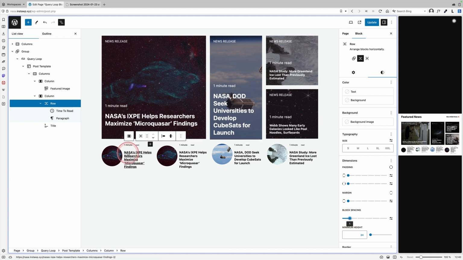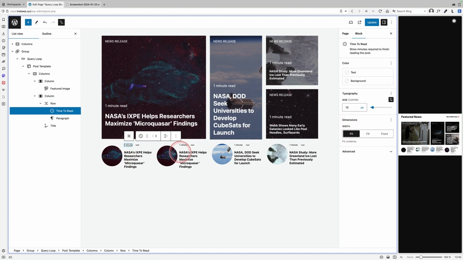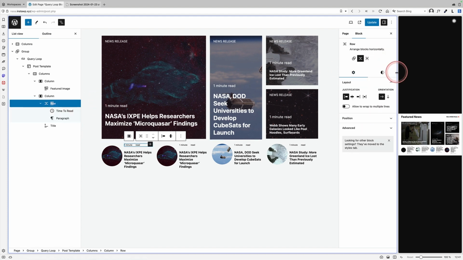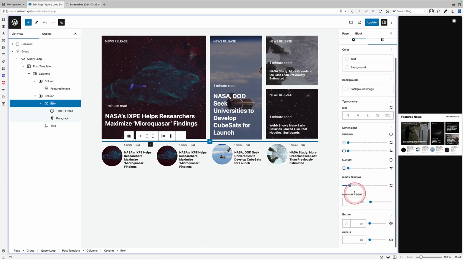Actually, I've chosen the wrong size, haven't I? So let's just select that. Just check. It's 10 points. So change that to 10 points, like so. And then again, I just need to select the row block and choose the block spacing, which will scrunch up my little... Let's do pixels just because I know that works. That's probably a bit big. I'm working super fast, so you probably want to work a bit more slowly than me. And there we go. That's pretty accurate.